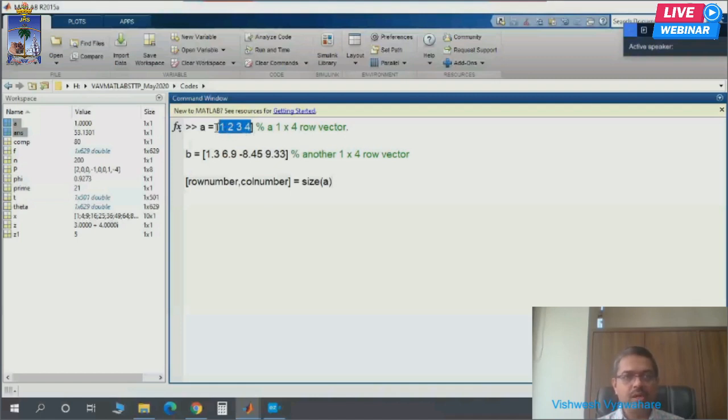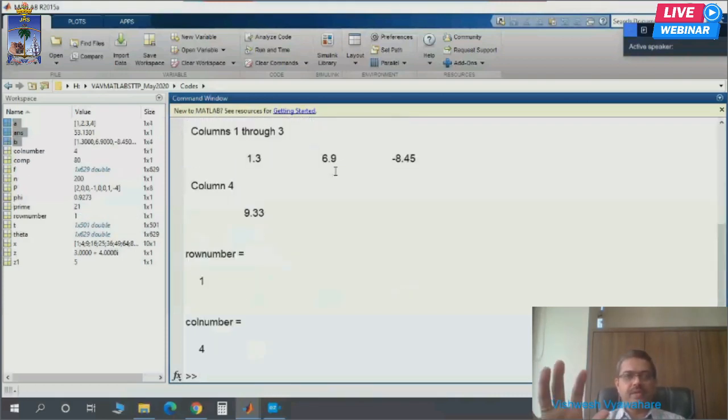Why 1 cross 4? Because it has 1 row and 4 columns. Then I am defining an array B with floating numbers. The last command is size A, which will give me the number of rows and number of columns.